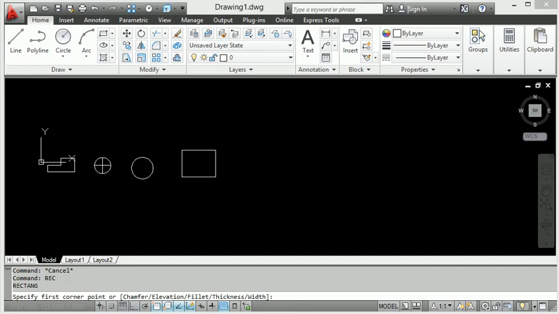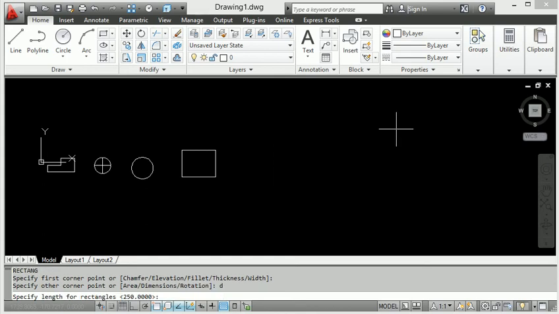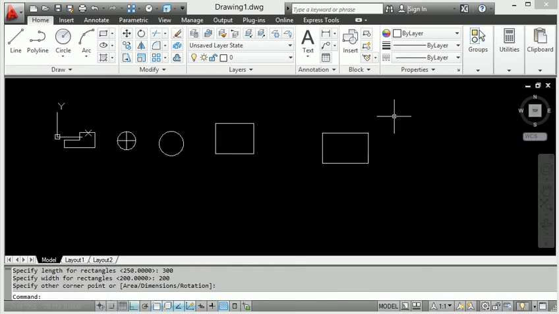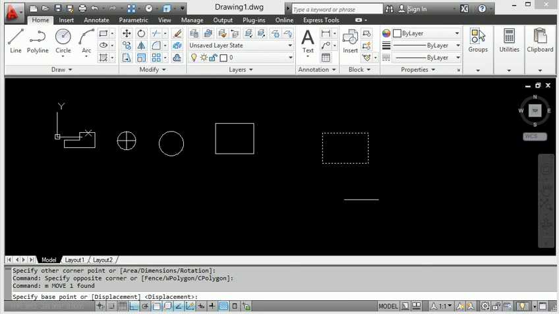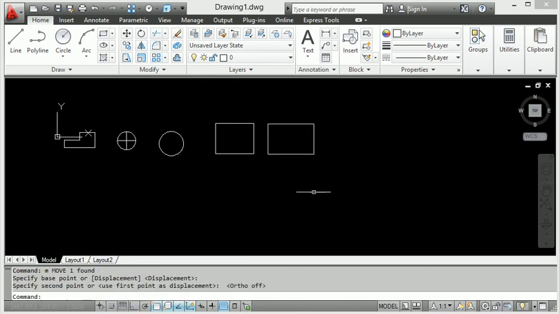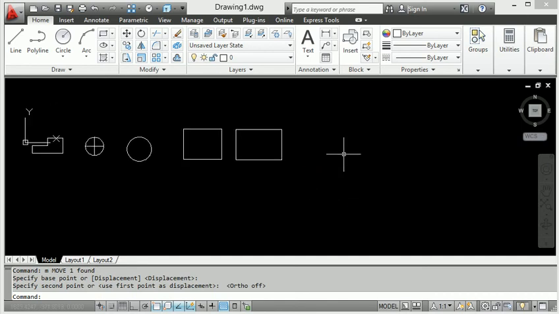Enter the rectangle and start. For the same dimensions, press D, enter, the first distance is 300, and again the upward direction distance is 200. So you make this rectangle here. It is very easy to create a rectangle in AutoCAD 2D drafting.